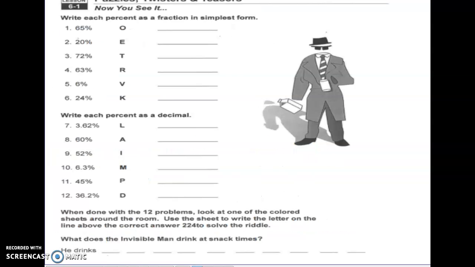So today we're going to be doing a puzzle that looks like this. You can disregard this part right here. I'll have the answers on the answer key. Second side is going